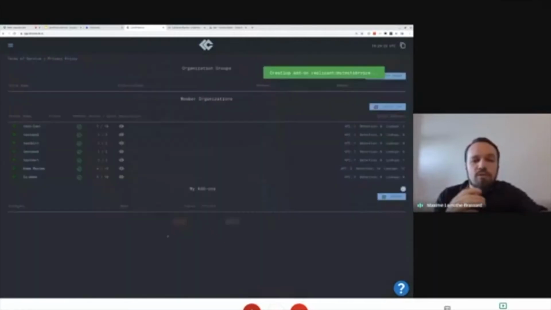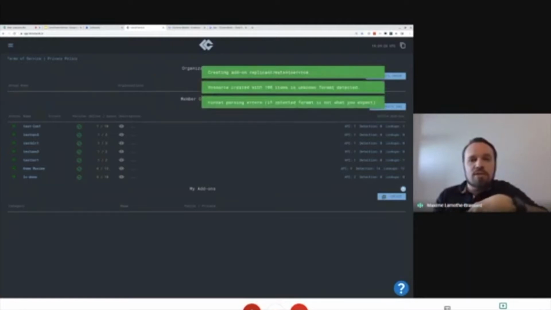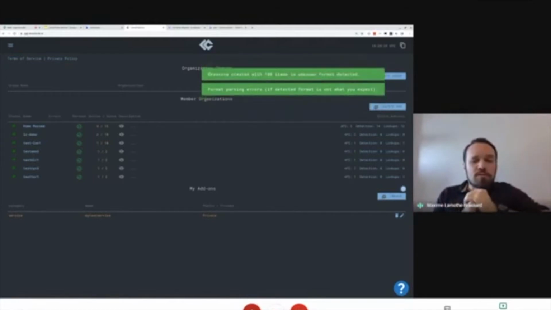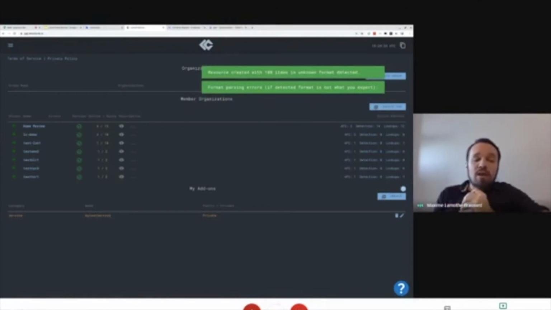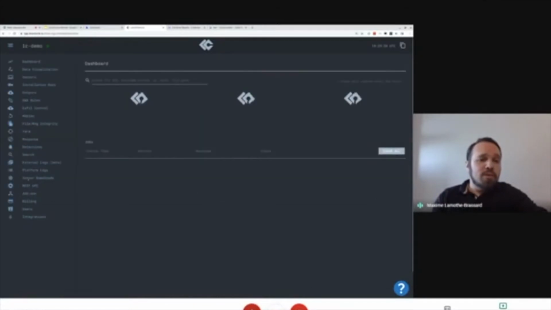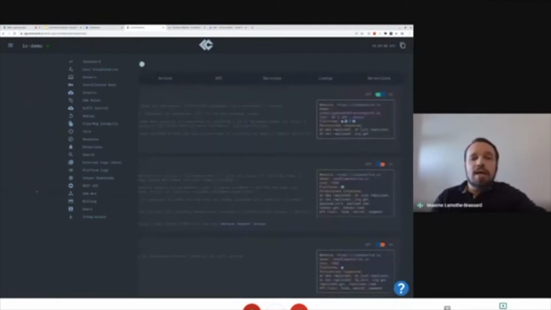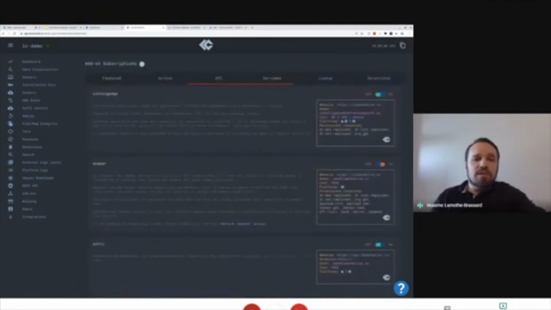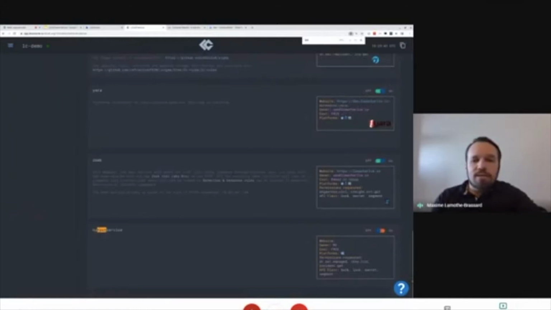And we'll go ahead and we'll just hit create. And as we create this service, this gets sent to all of the LimaCharlie clusters worldwide so that the service is available. At that point, you will just be able to go into your organization, into the add-ons, services, and I should have my test service here.